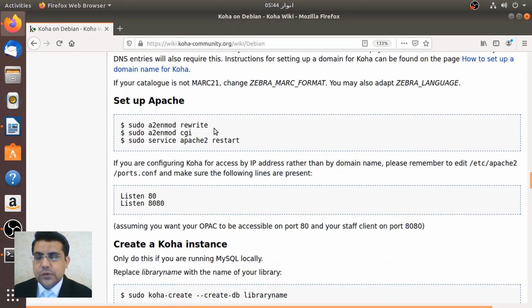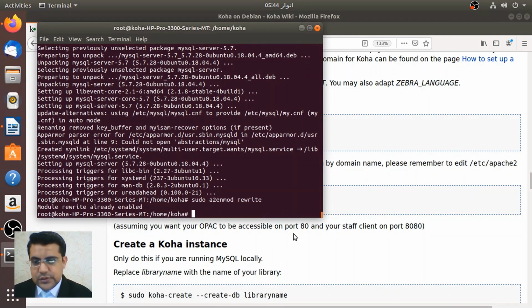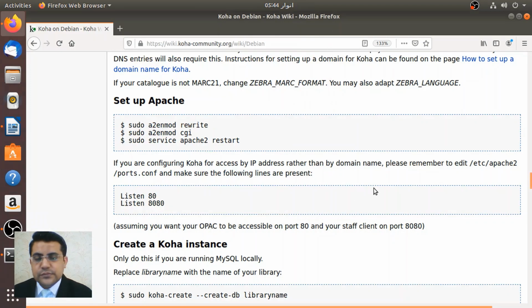So you need to copy these three commands one by one without using the dollar sign, and paste in your terminal. So hit enter. Okay, module rewrite already enabled. So what we do, we enable this Apache module, and then